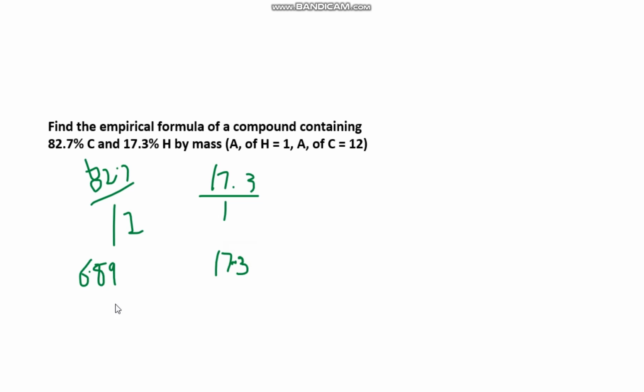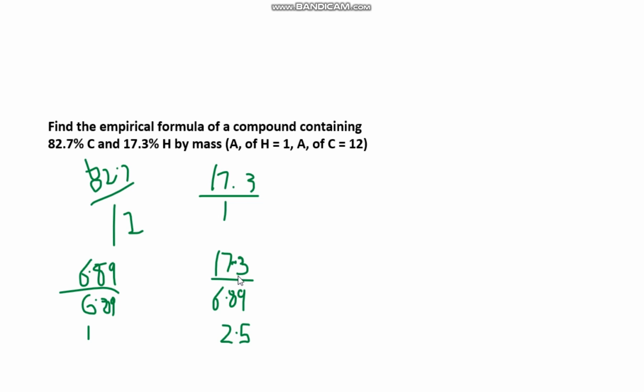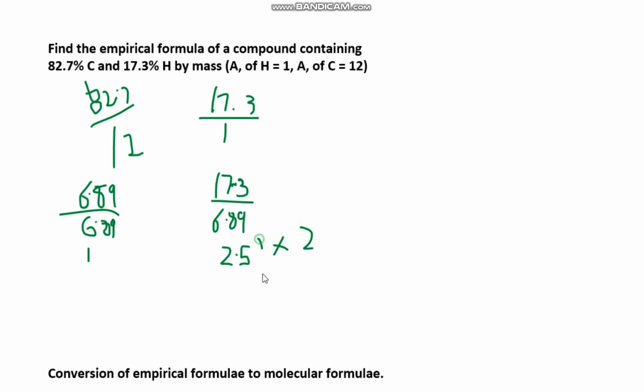Now it is not necessary to get a perfect answer, but 6.89 will give you 1 obviously, and 17.3 divided by 6.89 I consider will give me 2.5, but 2.5 is not acceptable obviously, so we'll just multiply these two by 2 and we'll get 2 and 5, which will be our C2H5,